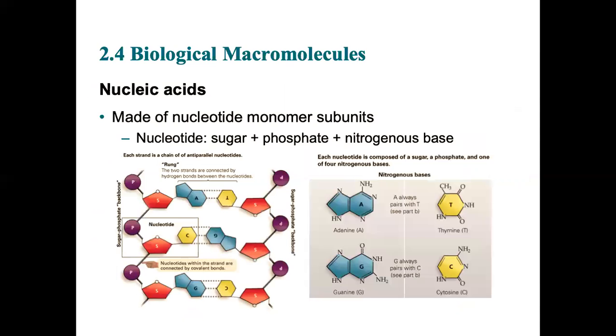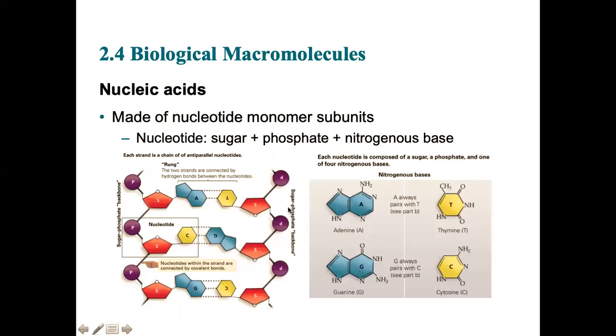And then let's move on to the last one, which is nucleic acids. Nucleic acids are made up of a monomer that has three parts. It has a sugar, it has a phosphate, and it has a nitrogenous base. And the nitrogenous bases can be slightly different. So this is a single nucleotide. This is the monomer, and this S is the sugar, the P is the phosphate, and then this is our nitrogenous base. The whole thing's a nucleotide. This is the nitrogenous base, and you can have different ones of those.